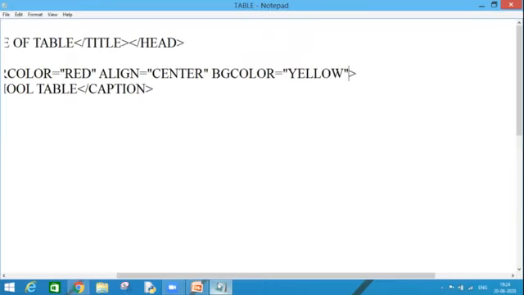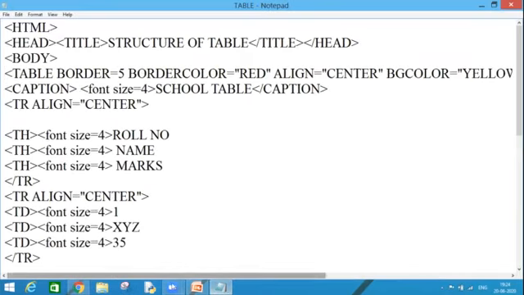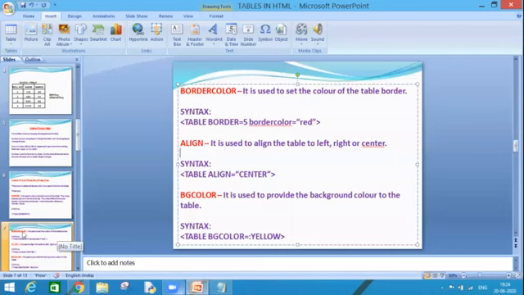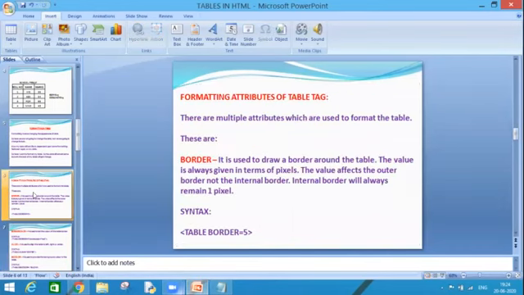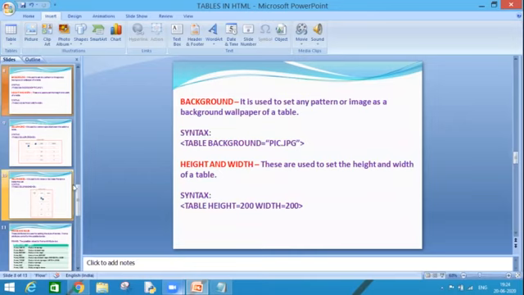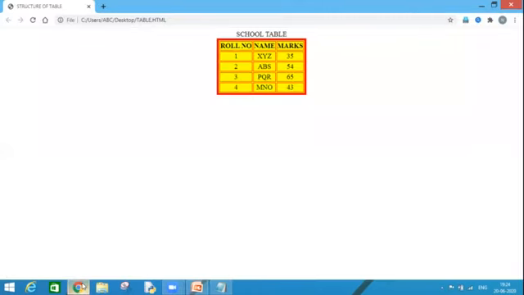Okay. So let's move on. Now we are going to learn some more attributes. As I have seen, the size of my table is this, but HTML is providing me some formatting features where I can increase or decrease the size of my table as well.